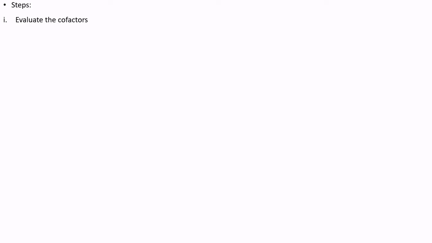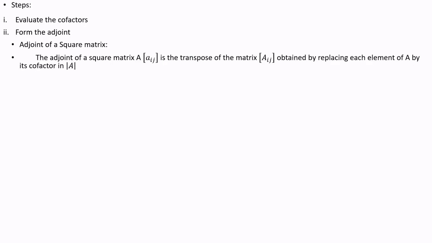Evaluate the cofactors. First step is evaluate the cofactors. The second is form the adjoint. Now, how to form the adjoint? Adjoint of a square matrix is the transpose of matrix A obtained by replacing each element by its cofactor. Here you see, formation of adjoint requires us to calculate the cofactor and minor of each